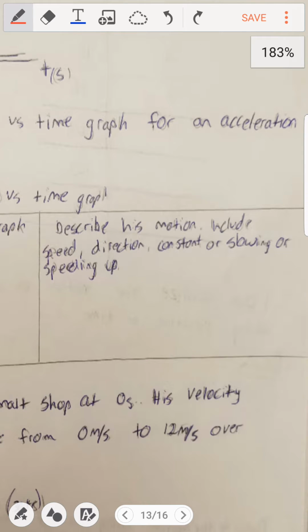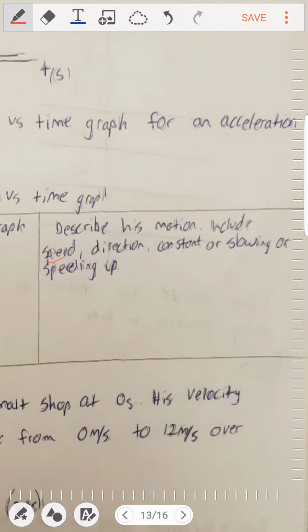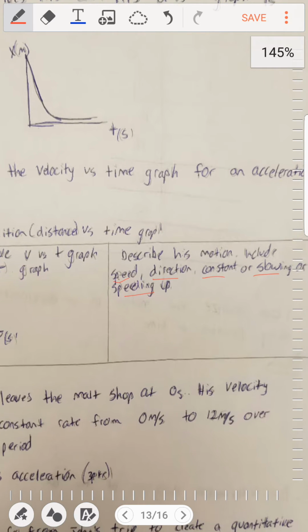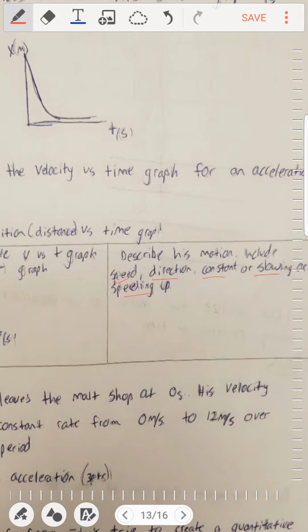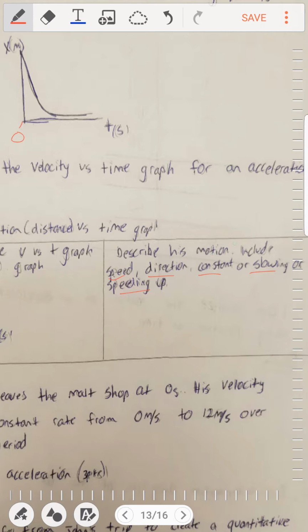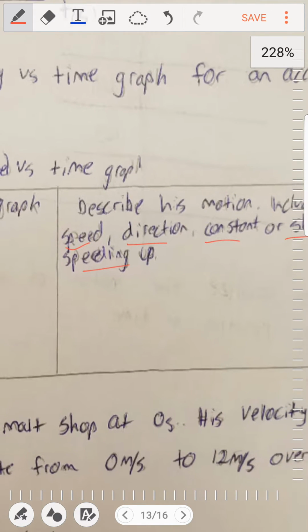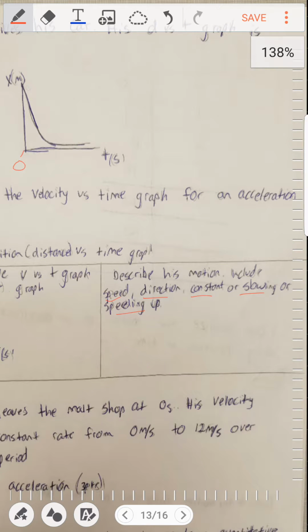Describe my motion includes speed, direction, whether it's constant, slowing, or speeding up. Okay? Well, I can look at it and say it's not constant speed. Agreed? My direction, am I going towards 0 or am I going away from 0? I'm going towards 0, so that's a negative direction. And my speed isn't constant, so look at the angle here. Is that a sharp angle? Yeah. And is this a flat angle? Yes. So it's going from fast to slow. So that would make it slowing down